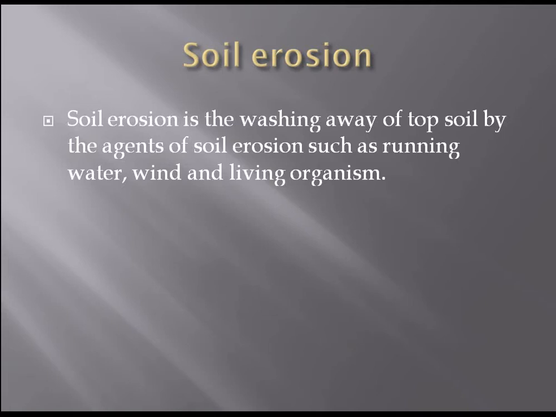What is erosion? When you go to the dictionary to find out what erosion is, it's just the removal of something from one place to another. At this point now we are looking at how soil, after being weathered, is moved from one place to another. Soil erosion. So we are saying soil erosion is the washing out of topsoil by the agent of soil erosion,